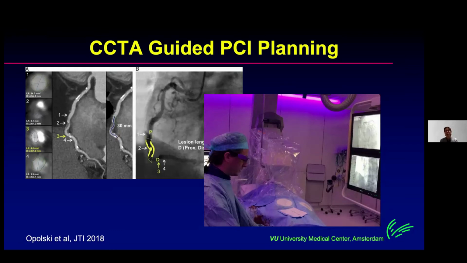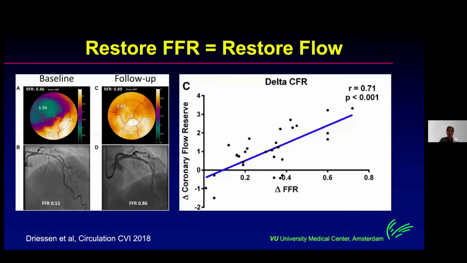And now we're going into the cath lab not to do a diagnostic angio but to do ad hoc PCI. We know the angio is going to be obstructive, and we know we're going to have to place a stent. And now we also know what the stent length and diameter is going to be. And this is a real step forward, because we also know that restoration of fractional flow reserve by stent placement